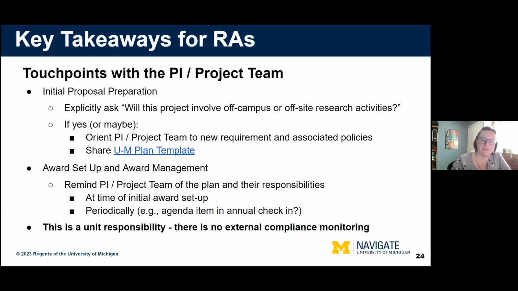So just to reiterate again, some of the key takeaways for RAs. At proposal time, explicitly ask the PI project team if any off-campus, off-site research is planned, orient the PI project team to the new requirements and policies, and share the template with them. And at award setup and management time, remind the PI project team of the plan and their responsibilities. You can do that definitely at award setup time. And then periodically, maybe add it as an agenda item in some kind of annual check-in or other regular checkpoint that you do with your